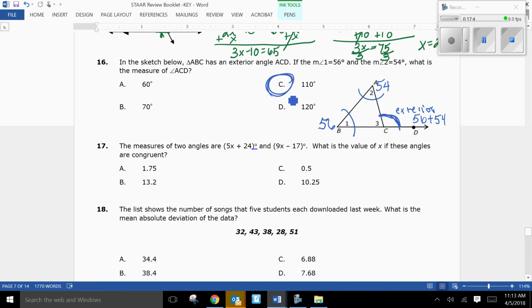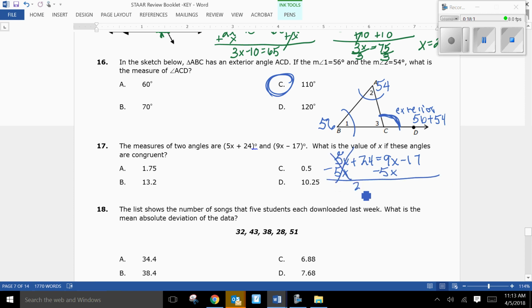Number 17, the measures of two angles are 5x plus 24 and 9x minus 17. What is the value of x if these angles are congruent? So what's the value of x if they are equal? So 5x plus 24 equals 9x minus 17. Okay, so I want to get x by itself, so I'm going to go ahead and subtract this 5x from both sides,